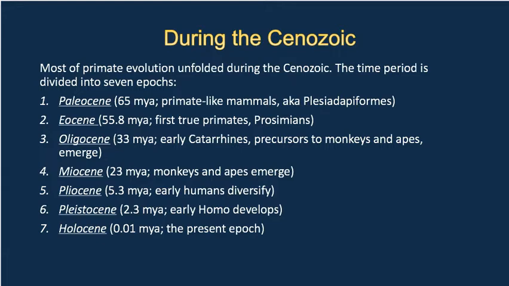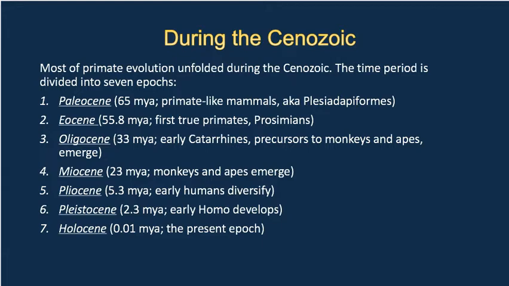And if you'll recall, 6 to 7 million years ago is when we see hominins first appearing in the fossil record. So we're talking about the tail end of the Miocene for the time period when the earliest members of our direct lineage appear in the fossil record. Entering the Pliocene at 5.3, we see these early hominins beginning to diversify. We will go into a lot more detail about what's happening in the Pliocene and the Pleistocene during the last couple of weeks of class. But we do see species like Lucy, Australopithecus afarensis, and some of her close relatives appearing all over East Africa and parts of South Africa as well.